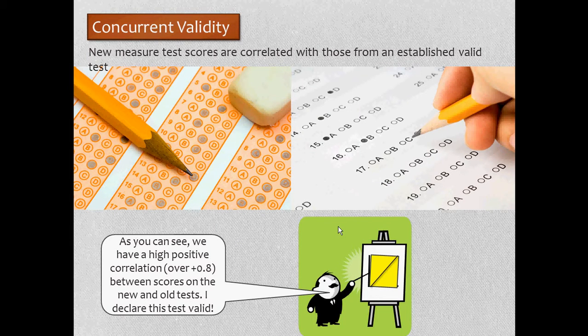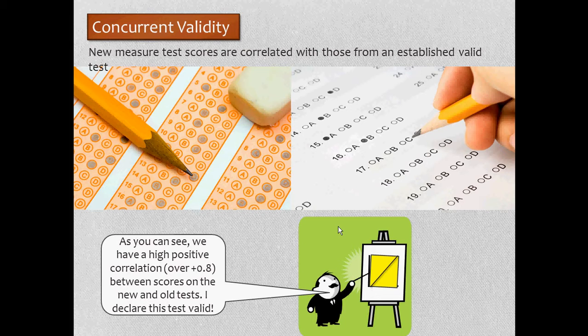Concurrent validity. Now this is about a new measure, where you've created a new test. You would want to compare it to an established valid test. So if you were to write an IQ test, we would want to compare the results of that to an established IQ test that's well respected and good at testing IQ. And if you find that you have a high positive correlation over 0.8, then you can say you've got good